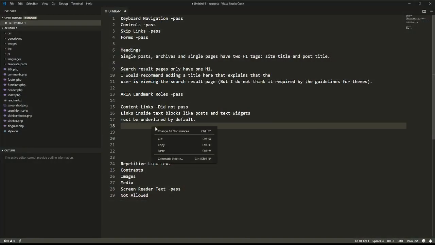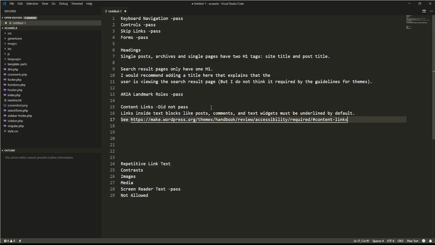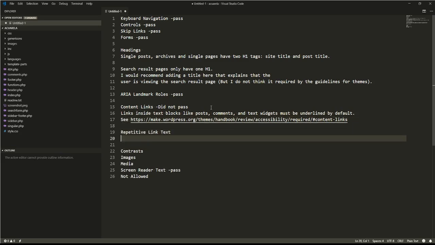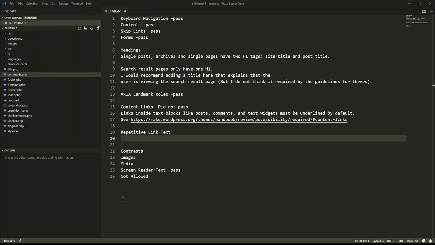Oh, let's go back to the editor right there. And let's see. Oh, right. Posts, comments. Underlined. And here, it's not gonna matter if you use a border or if you use an actual link underline. Either should be okay. I'm gonna save this so I don't actually lose anything. So,